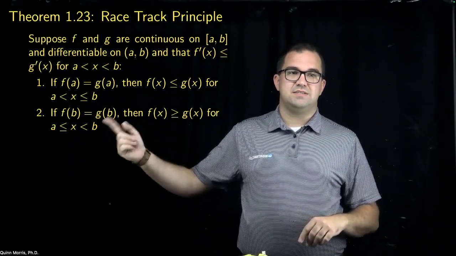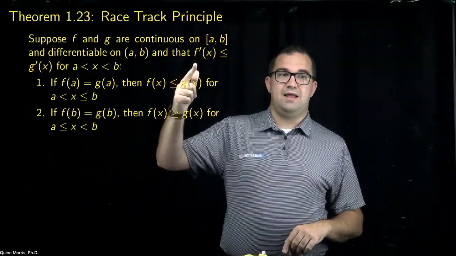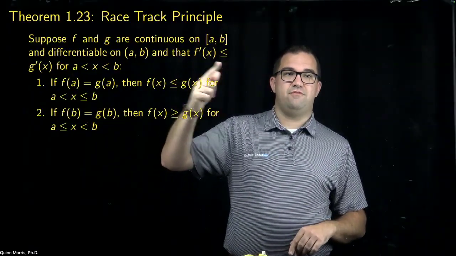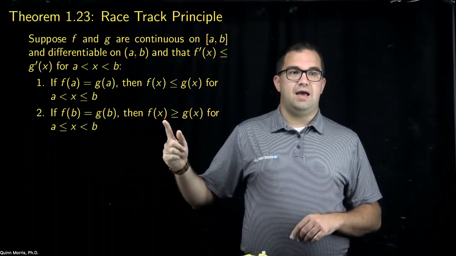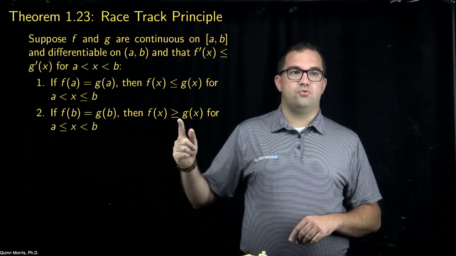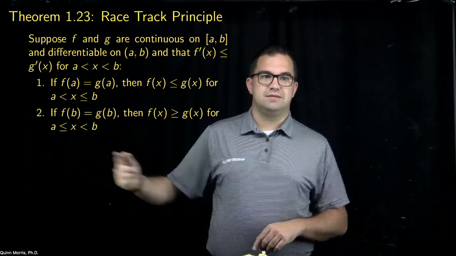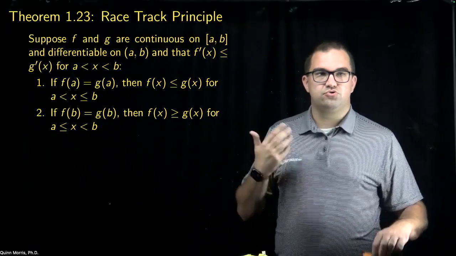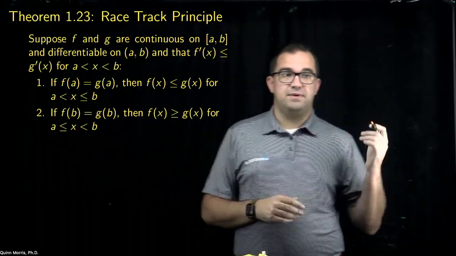In the second part, this simply says if you know they end up at the same place and you know that the rate of change of f of x was less than the rate of change of g of x, then f of x must have been greater than g of x for all x with a less than or equal to x less than b. Let's now draw a couple of pictures to illustrate both the speed limit law